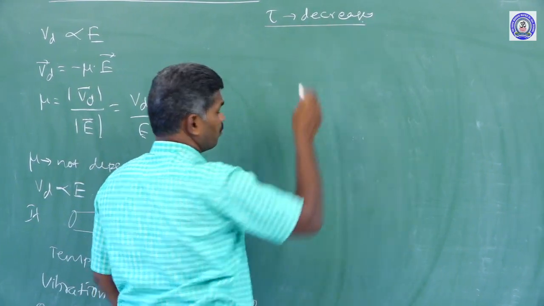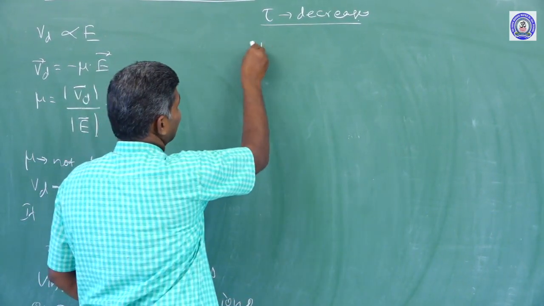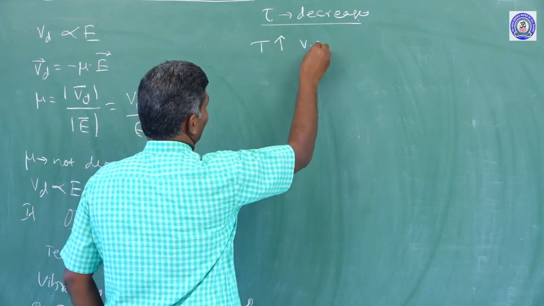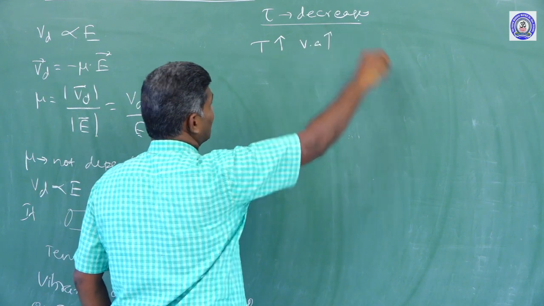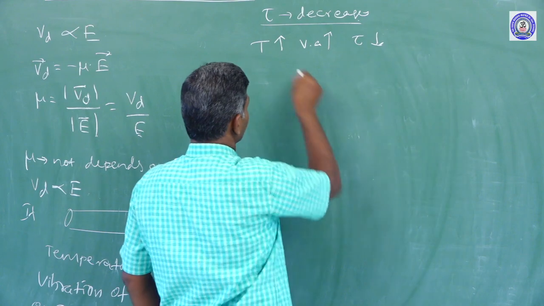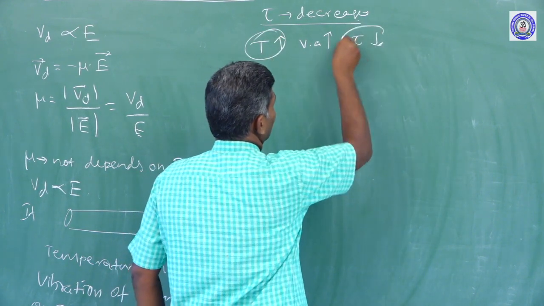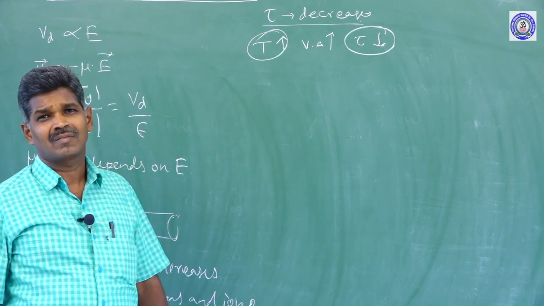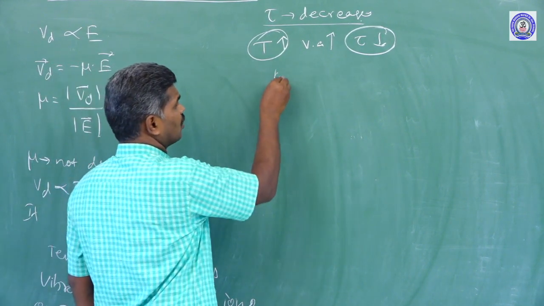Similarly, if temperature T increases, the vibration of atoms is faster, and tau decreases. So, when temperature increases, the time taken between two successive collisions decreases, then we have the mobility formula